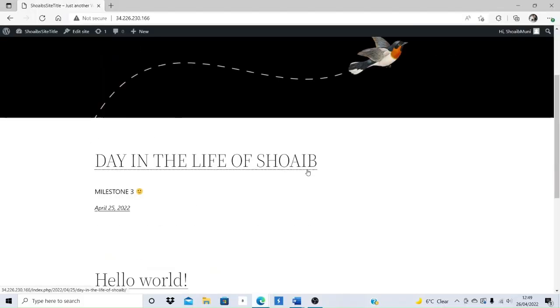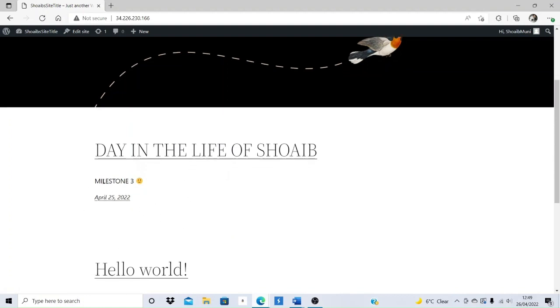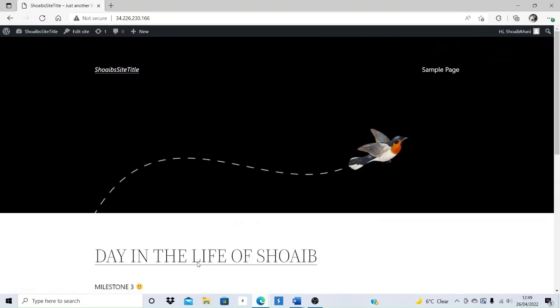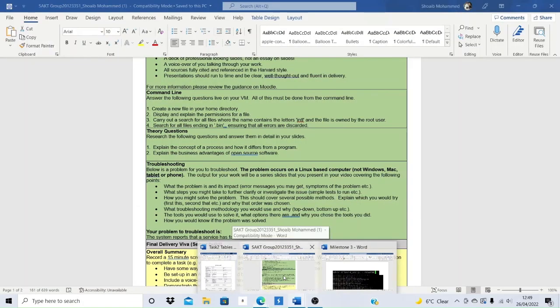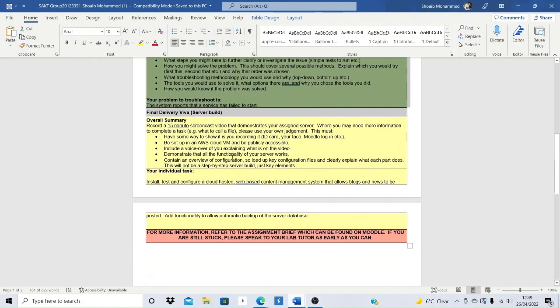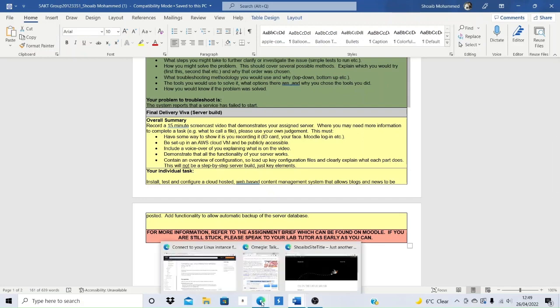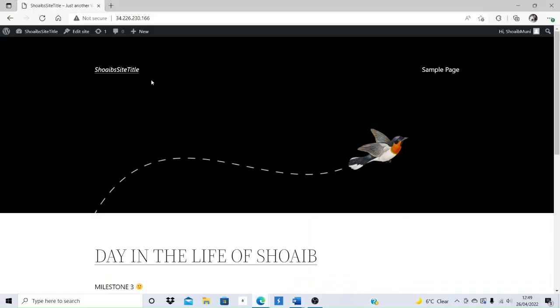As you can see, the posts I've shown for evidence show up live. Milestone 3, as you can see, is a post in the blog for evidence. And also, going back onto the individual assessment sheet, I also need to show that it allows blogs and news to be posted. We also need to add functionality to allow automatic backup of the server database. So if I go back onto this, and then go back onto the site,